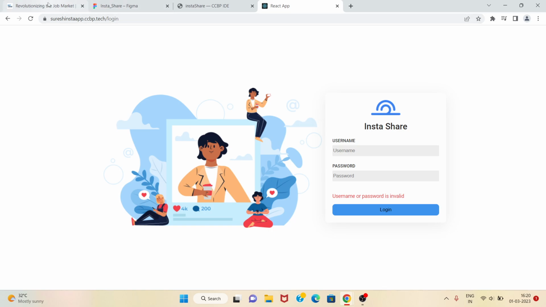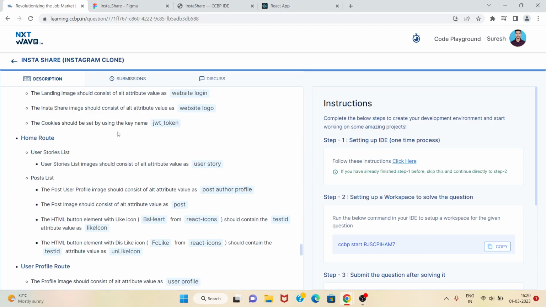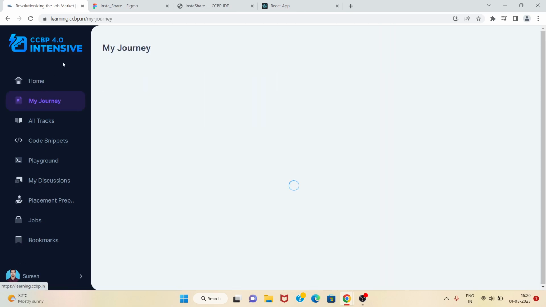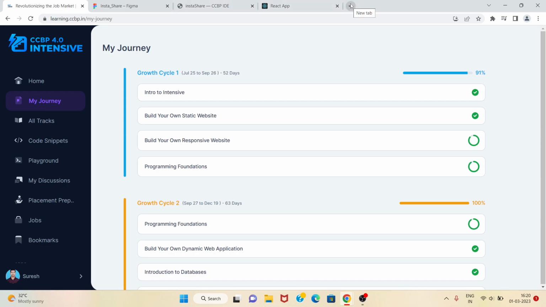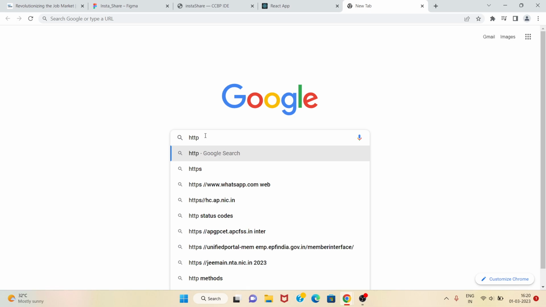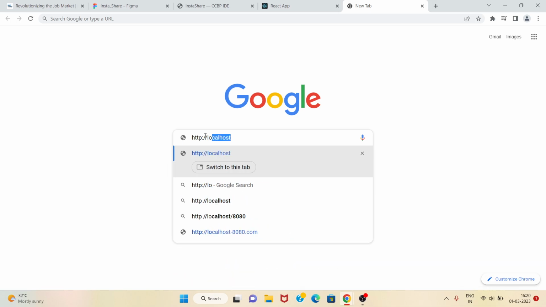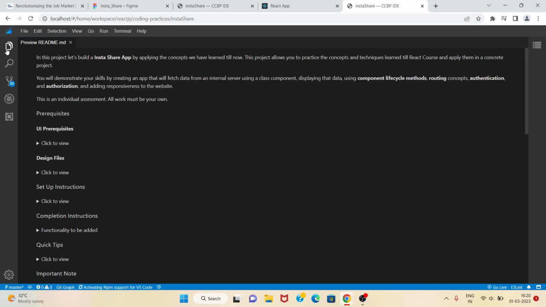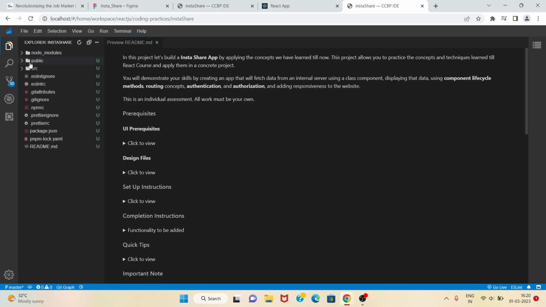Whenever we have to go into the code, I will show the entire code about that. So I want to show the code for Insta Share. Yeah, so this is our CCP IDE, and here is the file explorer, and here is the